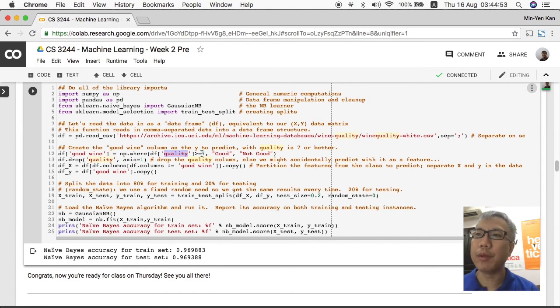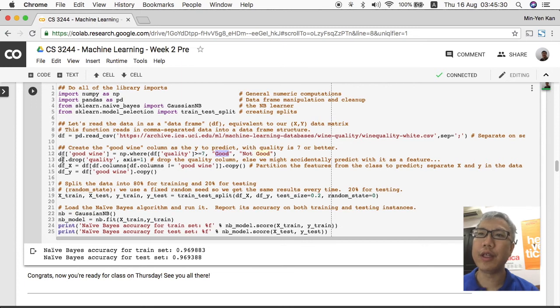That particular column in our spreadsheet is numeric. And so what we can do is just condition on it. We can say if the quality of that column was above 7, we're going to call it a good wine. Otherwise, we're going to call it a not good wine. Okay, so we want to distinguish good buys, for example, for wine. So we're going to create a new column called DF good wine, and we're just going to insert good as the column name, the value for that column for a particular row, if it's better than 7 and not good